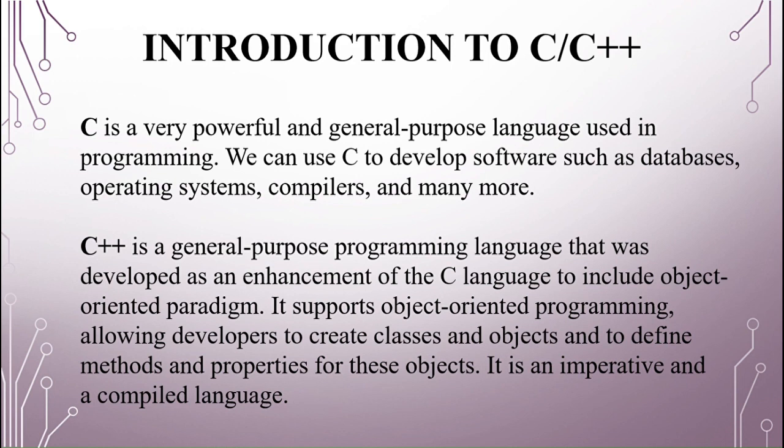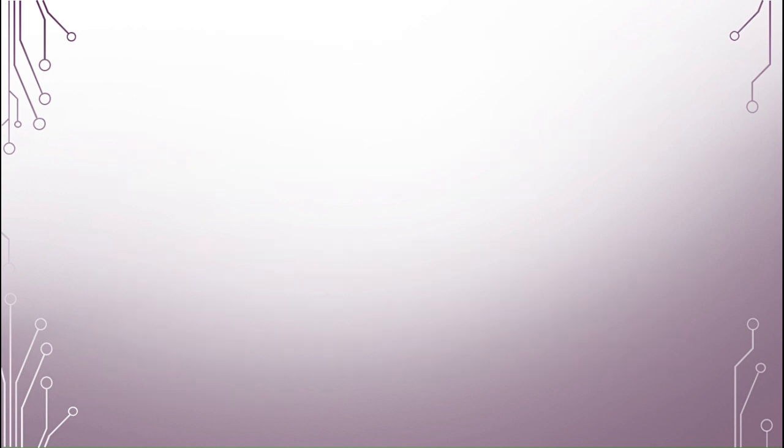And C++ is an extended version of C, or we can say an enhancement of C, which includes object oriented programming, because C doesn't have object oriented programming, so we are using C++. And object oriented programming is used because it allows the developers to create classes and objects and define methods and properties which are needed for a secure implementation of the code. Going ahead,